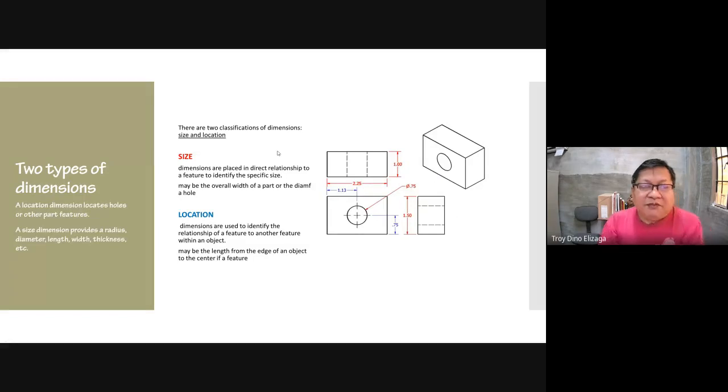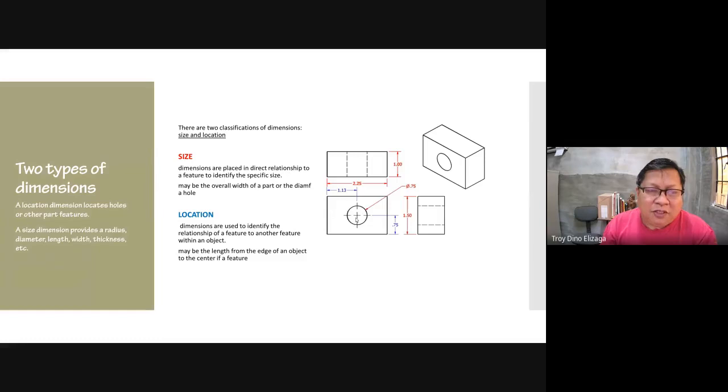So there are two types of dimensions. We call them size dimension and location dimension. Simply speaking, size just gives you the size, the width, the height, the length, but the location tells you where a point is located in the drawing, especially for center lines.